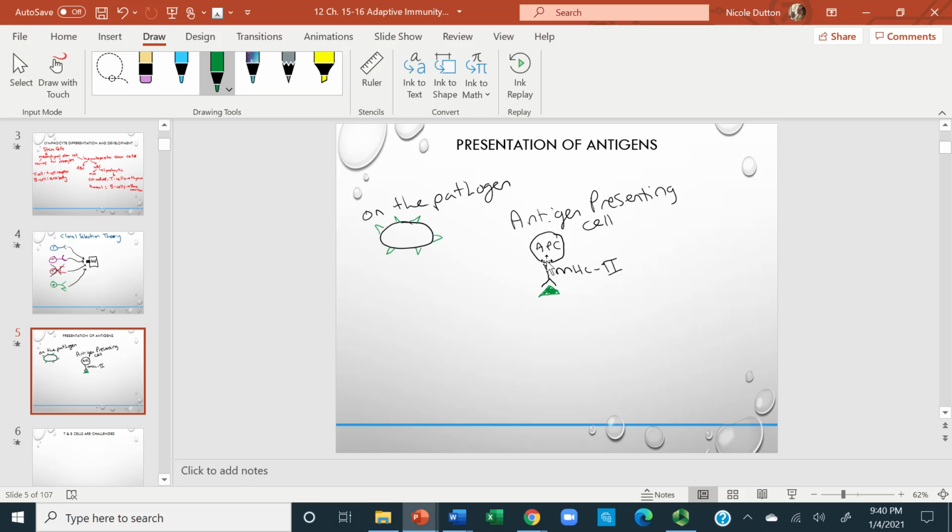So they're going to eat it and internalize it and take a small chunk of it and hold it up. Like, hey, this is what I just ate. And these antigen presenting cells are able to float around the body. And they can go through the bloodstream into the lymphatic system all over the place. And they are going to seek out the lymphocytes to activate those lymphocytes. So antigen presenting cells can then move these around in the body and go all over the place looking for